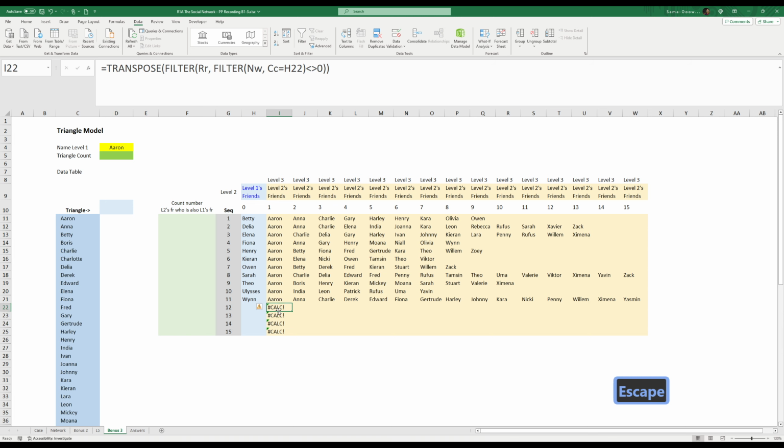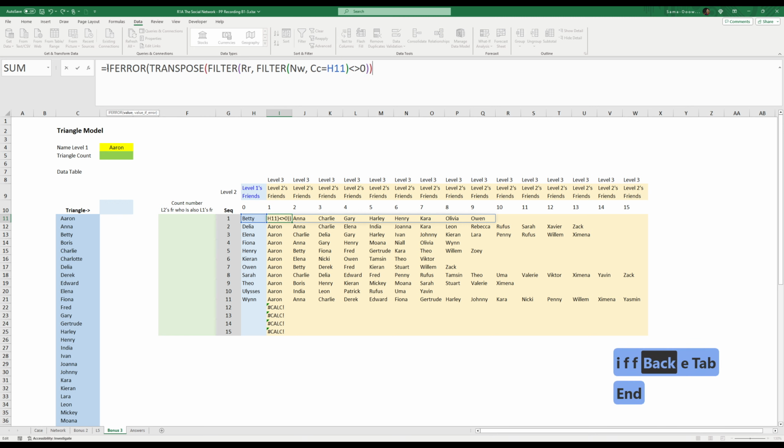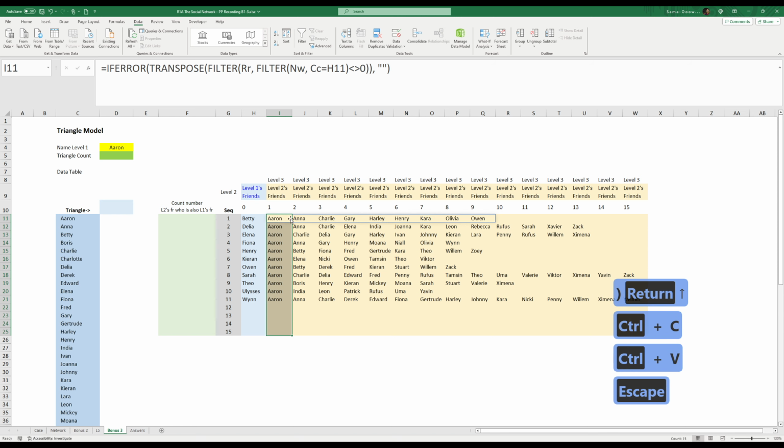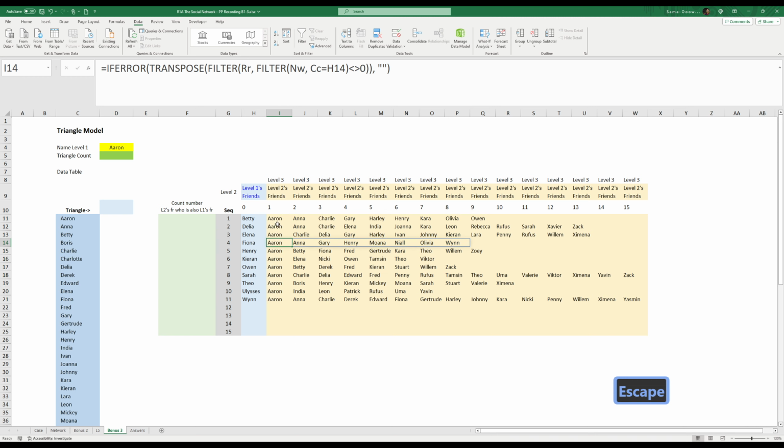So there would be some errors if there is no name in column H. I need to add the IFERROR function. If error, I will just put a zero length string, and I copy the same formula from I11 all the way to I25. Okay,